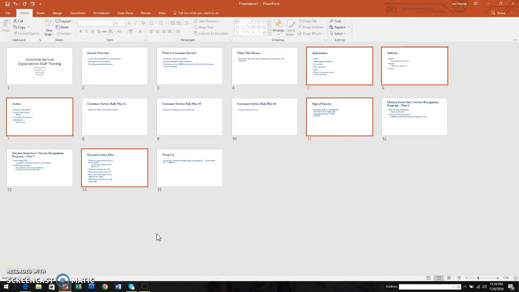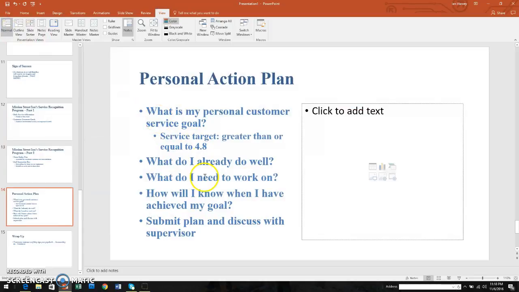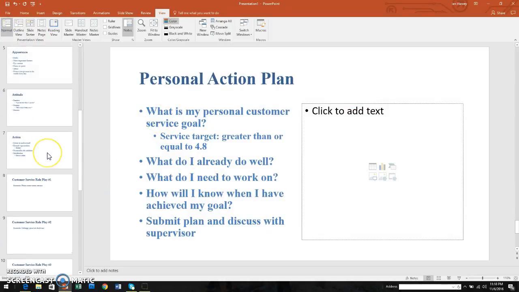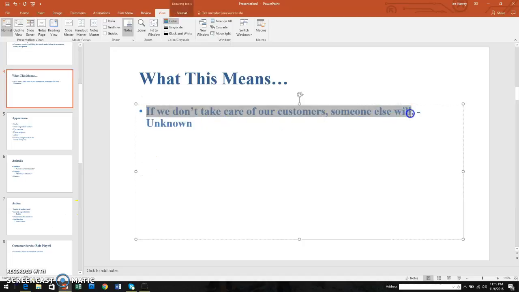Next, we're going to do some text formatting and we're going to create a hyperlink. So we're going to go back to our view and change it back to normal view so that we're no longer there. And we're going to go up to slide number 4. And here you see that this slide has a quote. We highlight everything except for where it says unknown, because what we want to do is put our quote in